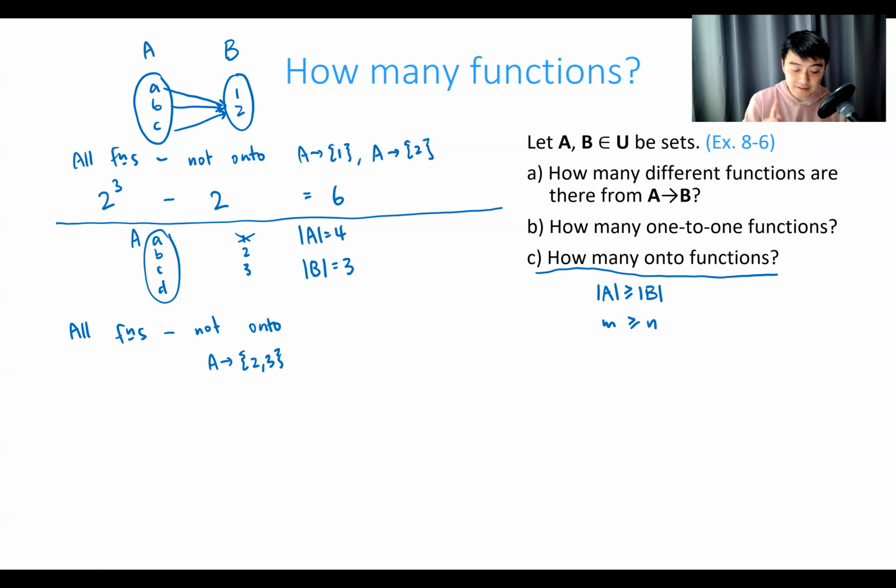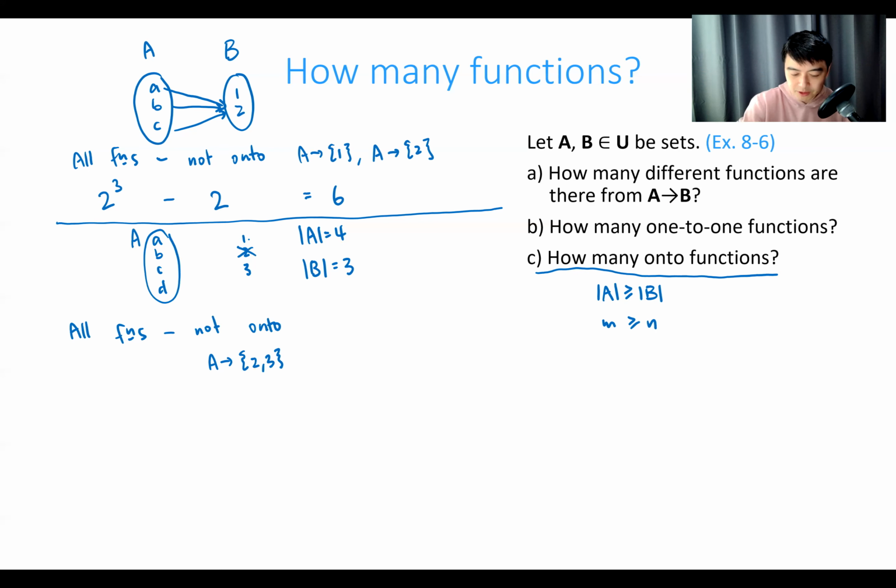Okay, so just take a second just to convince yourself that if I take the input A and then I map them only to the objects 2 and 3 without the 1, any of those functions are not going to be onto. Okay, now how many functions are there of that type? We'll talk about that in 1 second. But that's not all, because even though I just covered up the 1, there is another scenario, which is